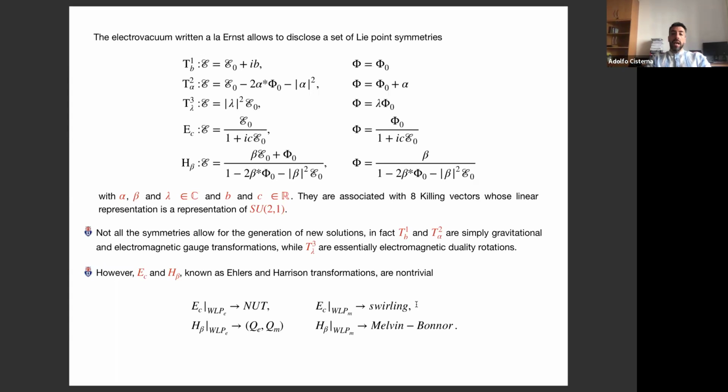Swirling is a rotating background. So you have a space-time that has some sort of vorticity and that rotates, but it's not rotating because there is a source on top that rotates and that drags the space-time. It's actually the other way around. There is a background that rotates that is taking with itself the body I put on top. Okay, this is the swirling rotation. And then the Harrison transformation has the nice effect that takes a vacuum solution, well, it can be electrovacuum, of course, but it takes a vacuum solution and puts it into an electrovacuum one.